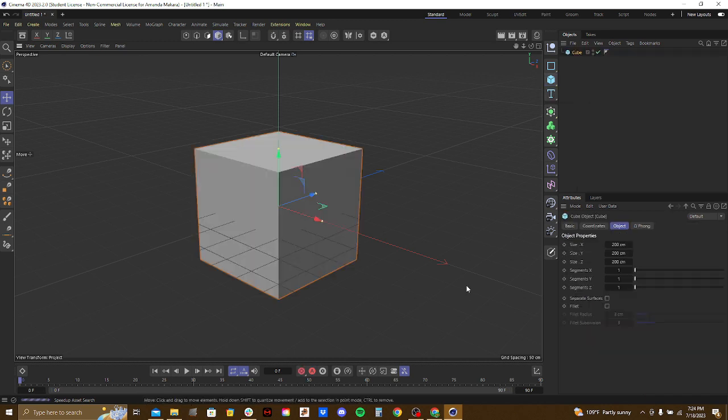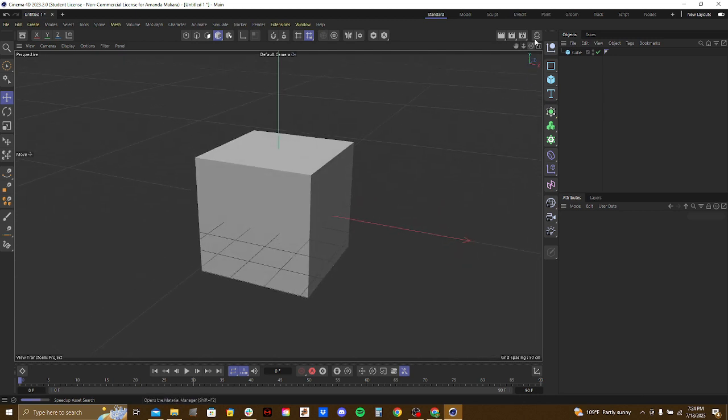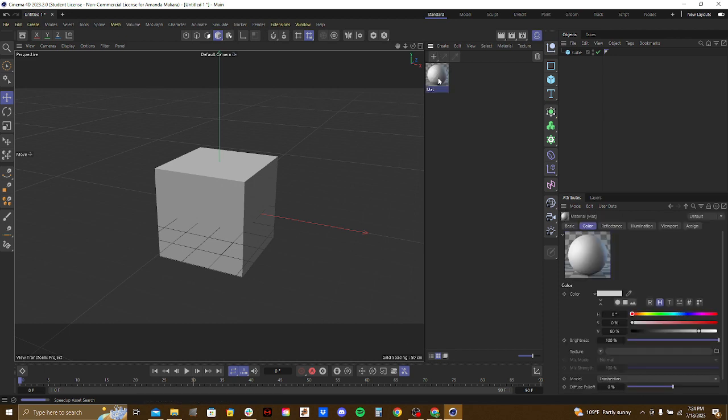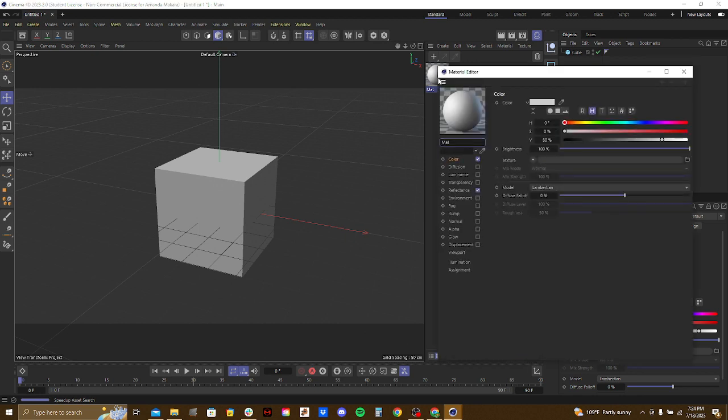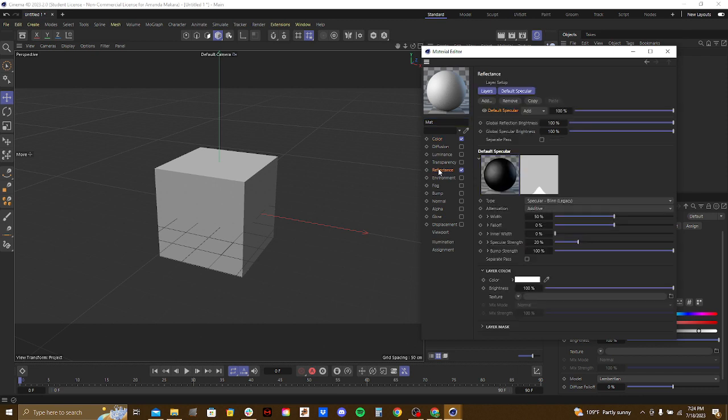Let's add a cube here. Let's see how it works with a cube first. Let me turn this a little bit this way. And let's start with a blank material. And we're going to open that material. Double click, triple click. There we go. Okay, and inside the reflectance, let's add,